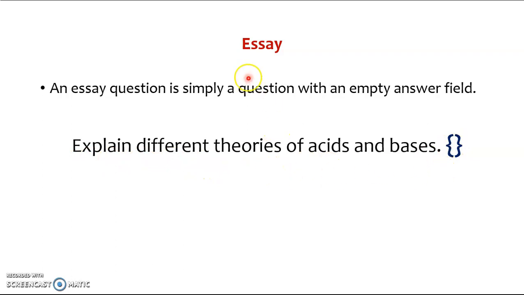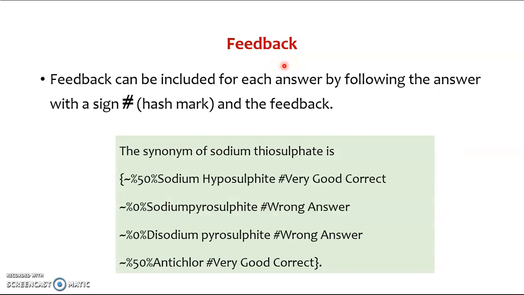Automatically this question type will be set as essay type of questions. Then you can add feedback for right options as well as for the incorrect options. So customized feedback is a very important step while creating the questions. Always give customized feedback to the students on why this option is correct and why this option is incorrect.